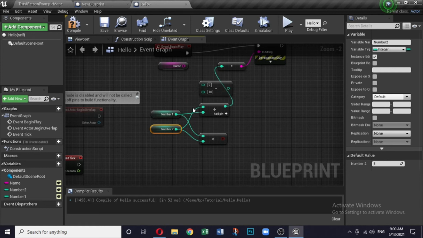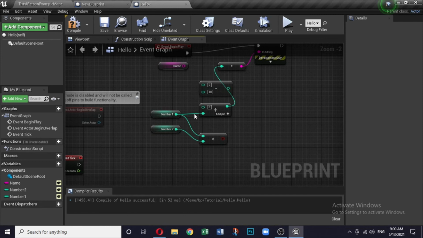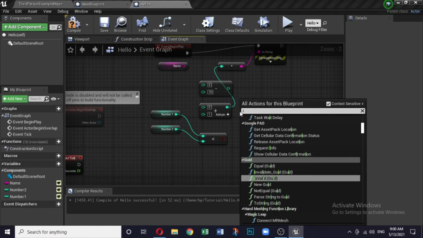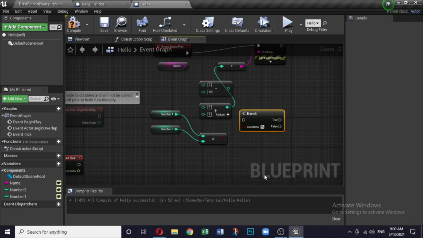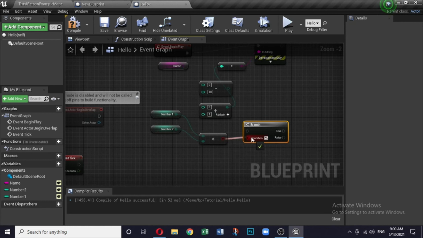Now you can actually disconnect all these. So number 1 is less than number 2. So this is a condition and we want to know whether it is true or false. In this case, what we need is something called an if node. Here is the if. You connect the condition out here.